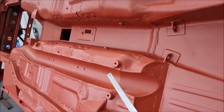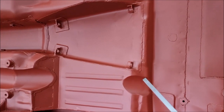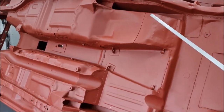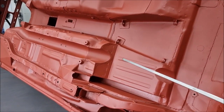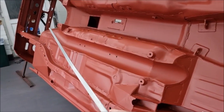I'll put some little cut-ins to run the pipe as close to the body as possible. The pipe run's going to come out. I took that section of floor out and replaced it with this to give me some extra clearance. Originally it would have come down this far, so I can get an extra silencer here, so the exhaust will run down,